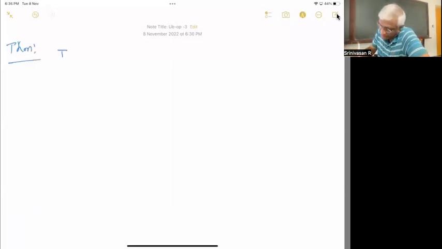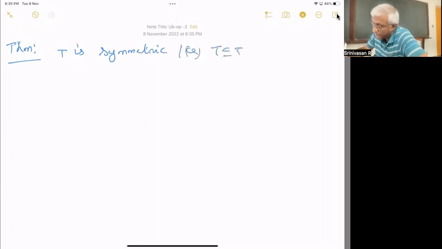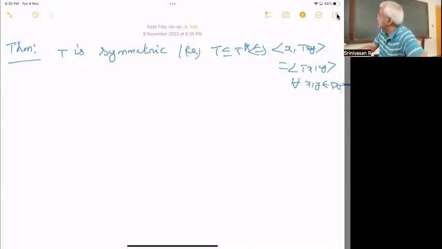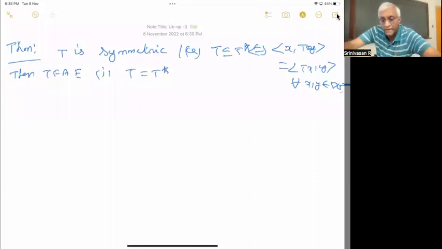So if T is an unbounded symmetric operator, that is, T is contained in T star, which is equivalent to saying <x, Ty> is equal to <Tx, y> for all x, y in domain of T. Then the following are equivalent. 1, T is self-adjoint, T is equal to T star, and that is equivalent to saying